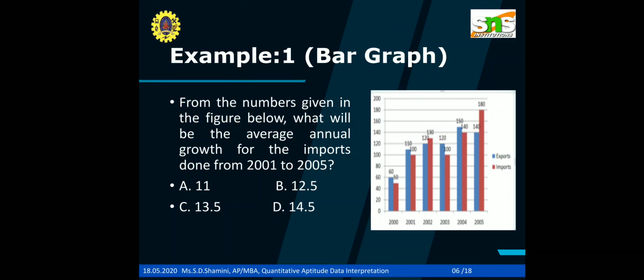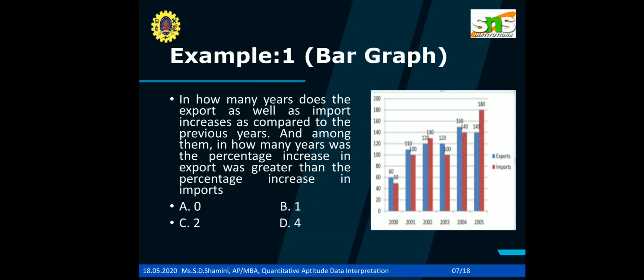So இந்த percentage வந்து you have to divide it by 5 because 2001 இருந்து தான் கேட்டிருக்காங்க, 2000 கேட்கல. So 2001 இருந்து 2005 வரைக்கும் you have 5 years. So 72.72 divided by 5 is equal to 14.5. Okay, so the correct answer is 14.5 and you have to select the option as D. Okay, and we'll move on to the next question.